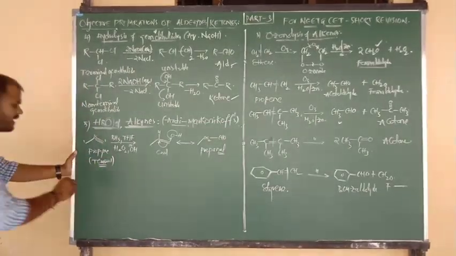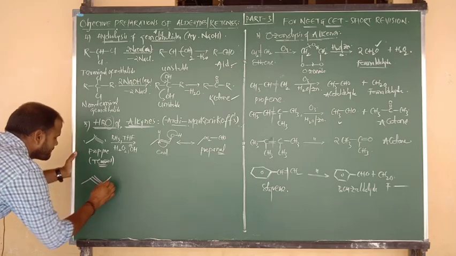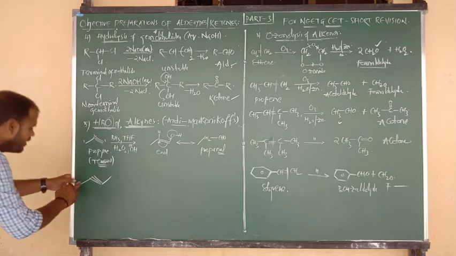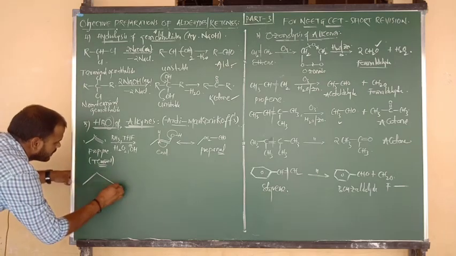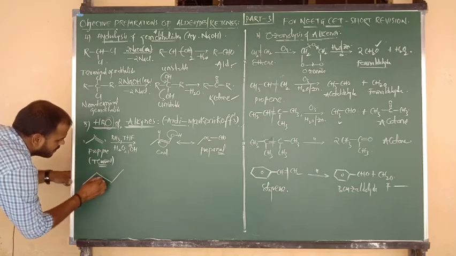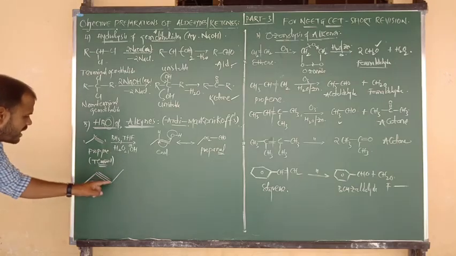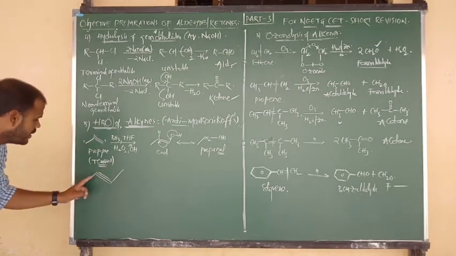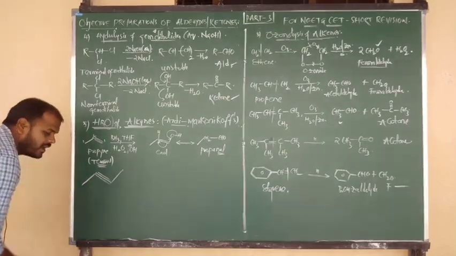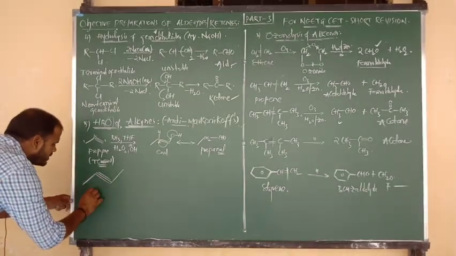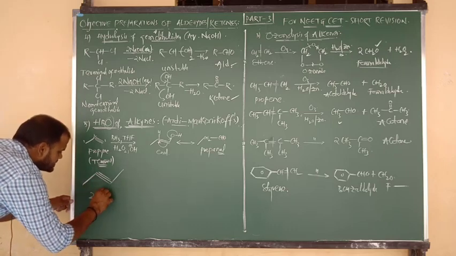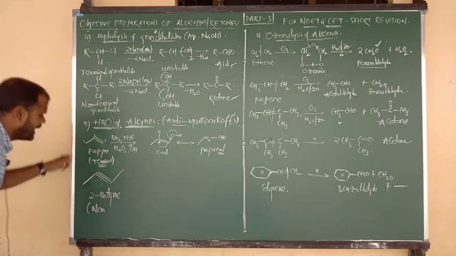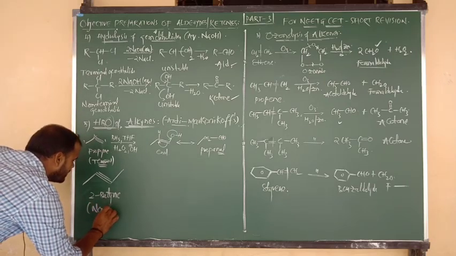Now let me consider a non-terminal alkyne. Like this. This is nothing but a non-terminal alkyne. First carbon, second carbon, third carbon, fourth carbon. Here the triple bond is not on the last carbon, so it is not a terminal alkyne. Here the triple bond is between two carbons in the middle. So this is nothing but a non-terminal alkyne. Name: 1, 2, 3, 4. 4 is but, 2-yne. Or simply we can say this is 2-butyne. Terminal alkyne and non-terminal alkyne, beta. Yes, this is a non-terminal alkyne.